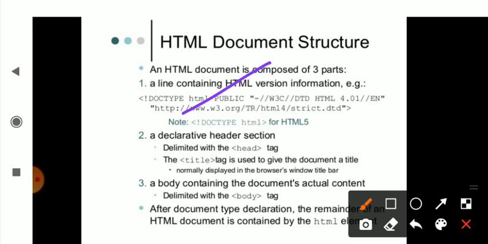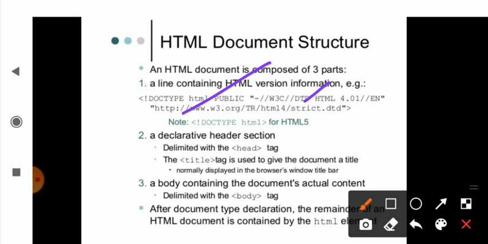In the first one, the line containing the version, it specifies which HTML version you are using: version 4, version 1, version 2. Nowadays it is version 5. When you are using version 5, you have the less than symbol, the not symbol, doctype, html, only that much, and close it. Earlier, with version 4.01, it used the W3 consortium concept.